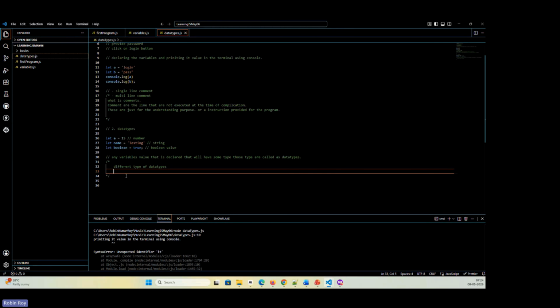All right. So in general, any programming language, be it Java, JavaScript, or Python, anything, they categorize data types into